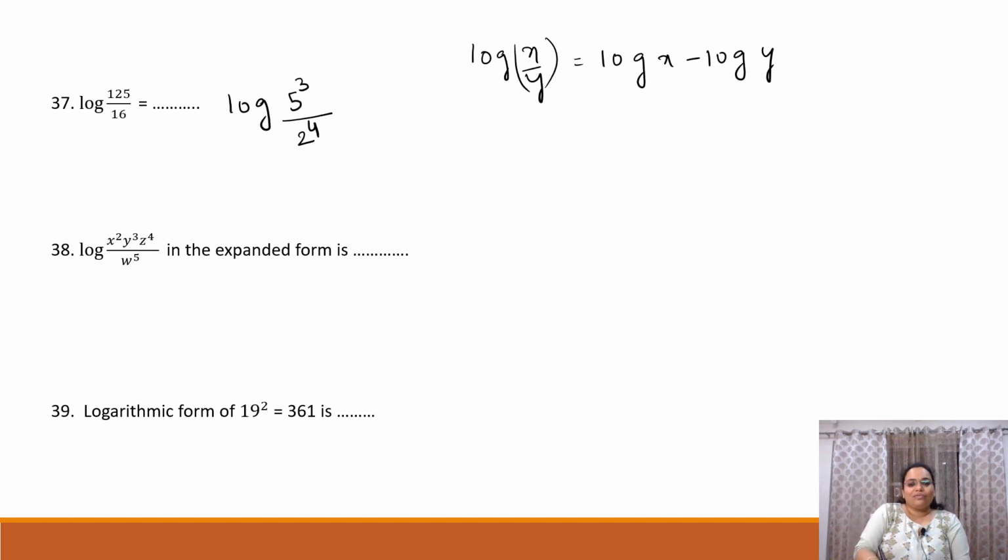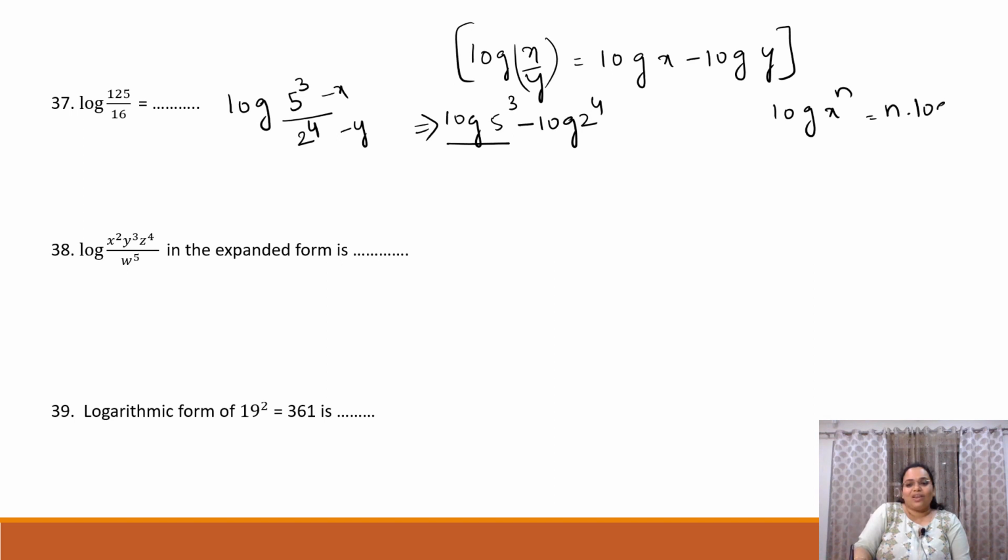So this is your x and this is your y, that is log 5 cube minus log 2 power 4. Again, this is in the form of log x power n, that is n into log x, that is 3 log 5 minus 4 log 2